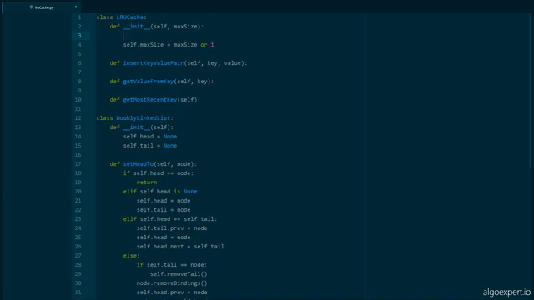All right, so we've got our LRU cache class defined. It takes in a single parameter, max size, which is going to represent the maximum number of key value pairs that the cache can store at one time before it has to start evicting the least recently used key value pair. And before we dive into the actual code implementation, I want to show you this doubly linked list class